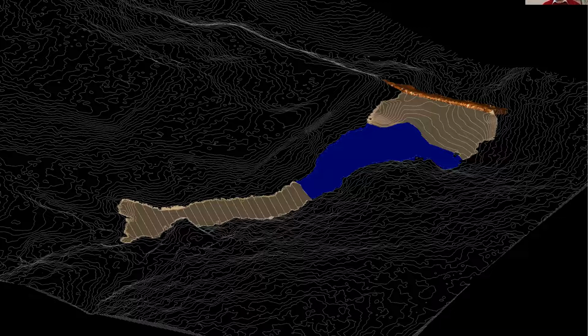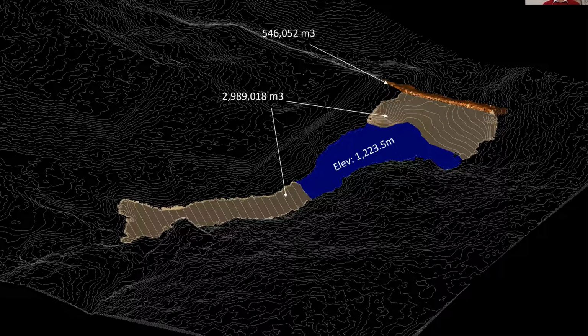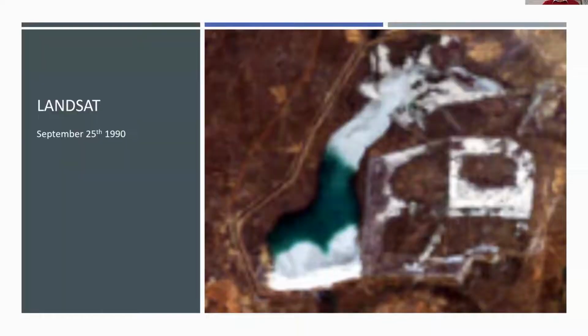surface, reconstructed, re-engineered from the satellite photo data, combining that original ground surface with the mono imagery, and then you're getting a lot of detail. I know how much tailings was deposited. I know how much was placed in the embankment structure, the elevation on the pond, and then from there, I can continue that